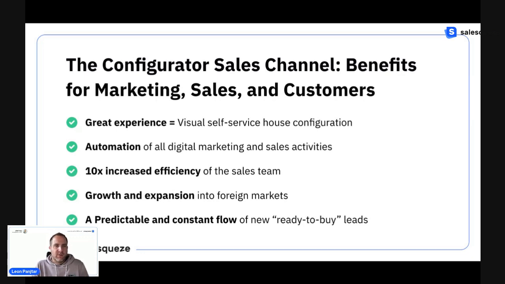We also made it very easy to translate the entire experience to different languages so they could easily start expanding to the neighboring markets: German for the Austrian market and Croatian for Croatia. And they built a predictable and constant flow of new, ready-to-buy leads. So if you generate 300 leads per month consistently every month, then you have different problems to deal with than